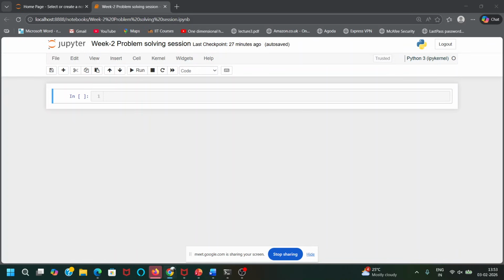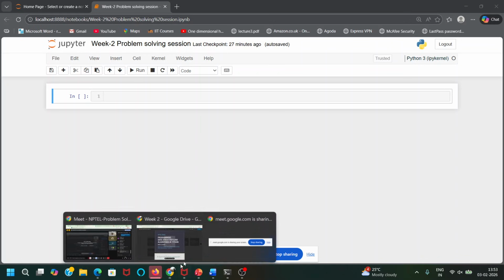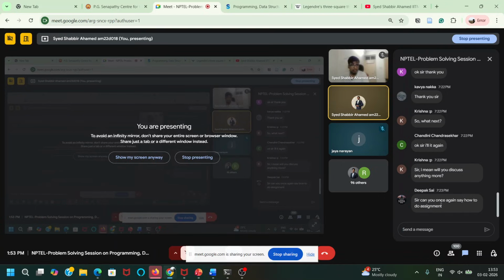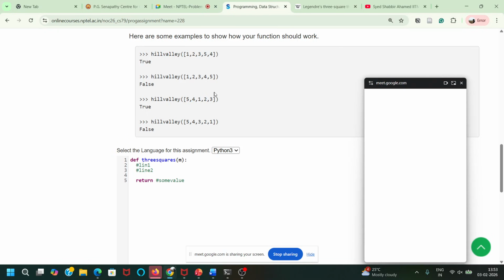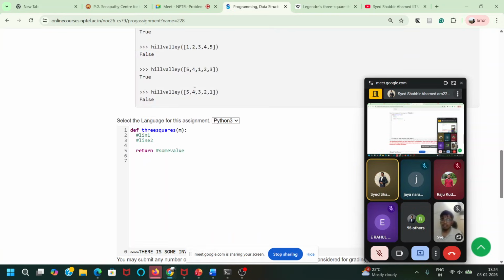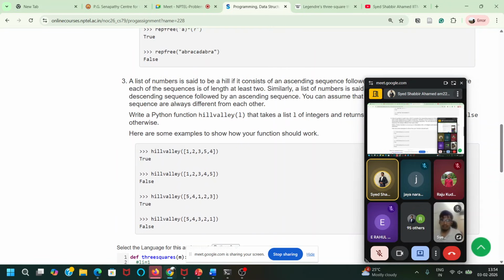In the first lecture, we have seen about... See, there are 3 functions. You have to write these 3 functions. Like there are 3 questions, and for each question there is a function you have to write.